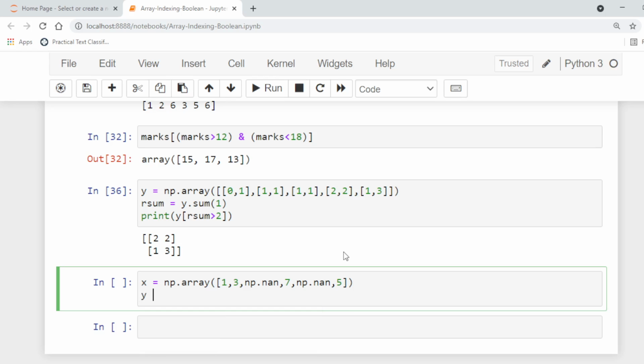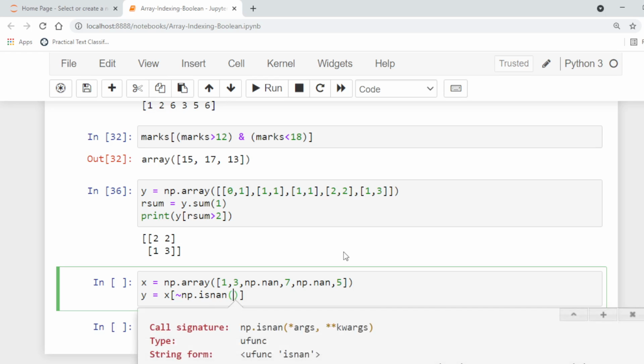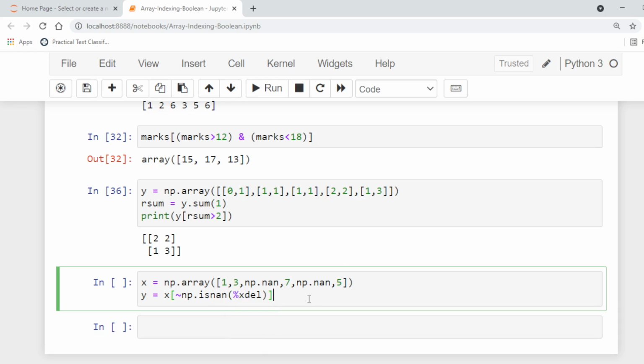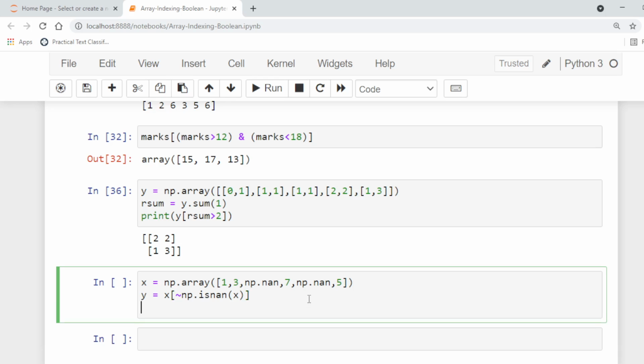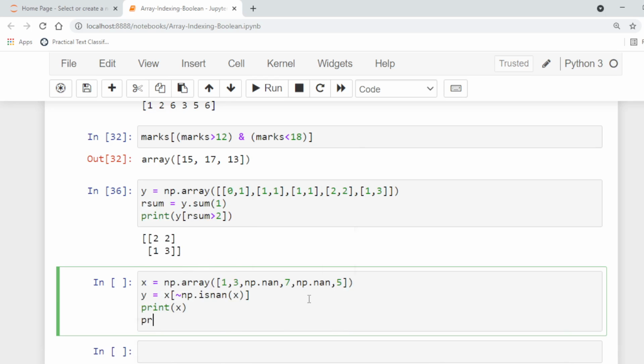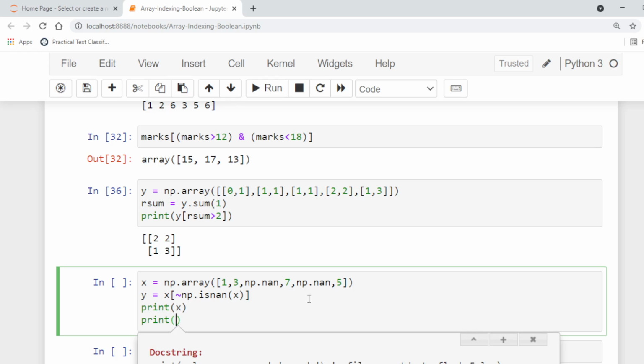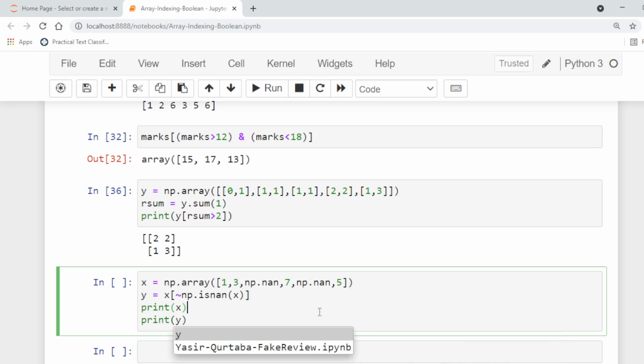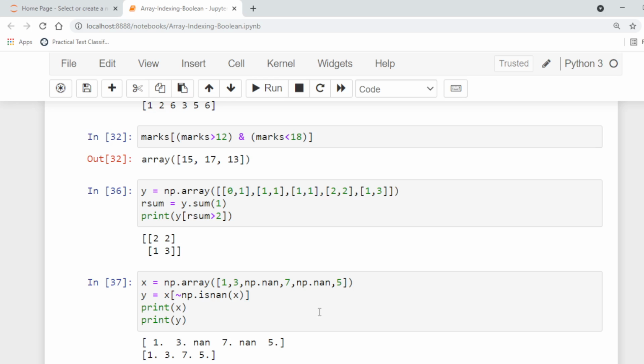So we can create another array y equal to x where not np dot isnan of x, which is the negation of is not a number. Then we print x, the original array, and the extracted sub-array.